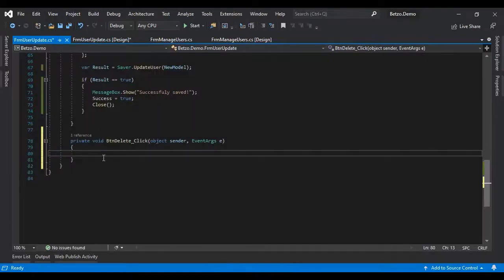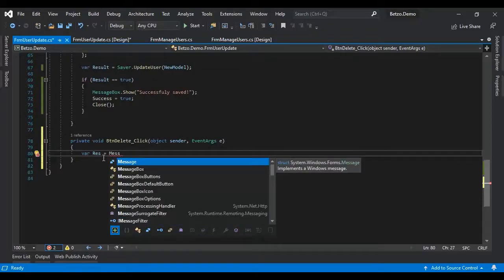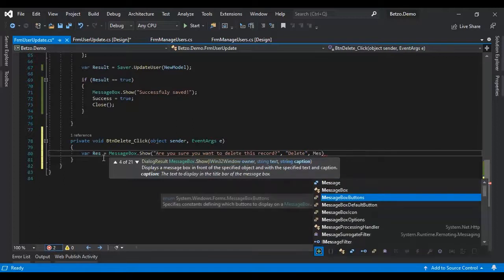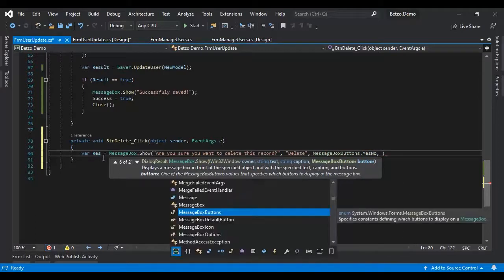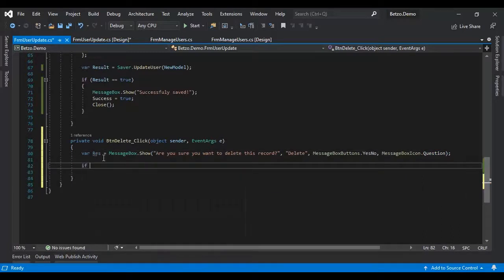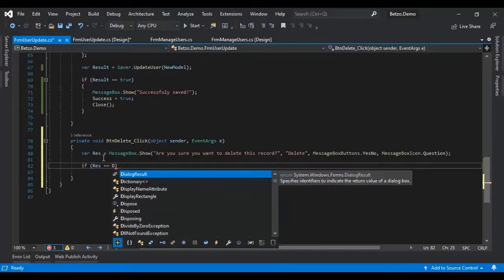Then let's ask first: var result equals to confirm, MessageBox.Show, "Are you sure?", with yes/no, "record". If the result equals to yes,